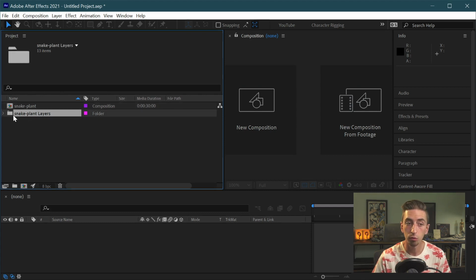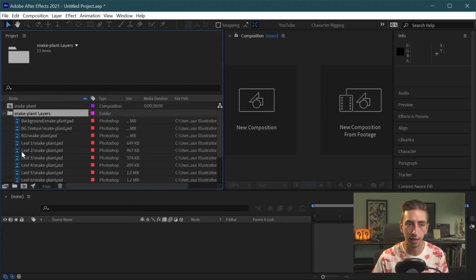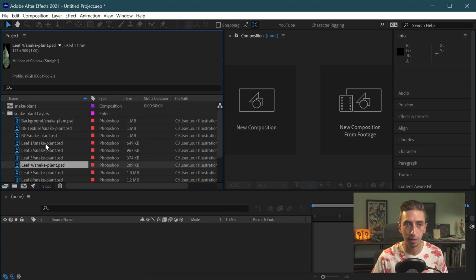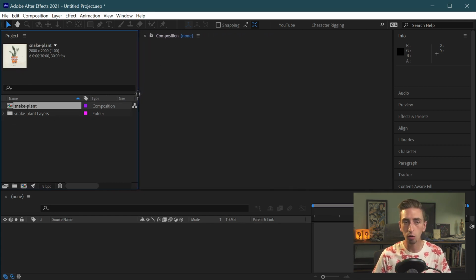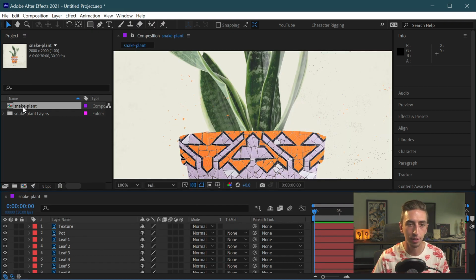And then we also have this little folder icon, which I can open up, and you can see it's named snake plant layers. And in here we see a bunch of PSD icons. These are all the individual layers that are now accessible inside of Photoshop. And they're named in a way that we can tell that they all came from the same PSD, snake-plant.psd. We don't actually need to bother with that right now. I'm going to close that back up because the composition has all of those layers in it exactly the same way that Photoshop did. So if I double click on that composition, it opens up right over here in my